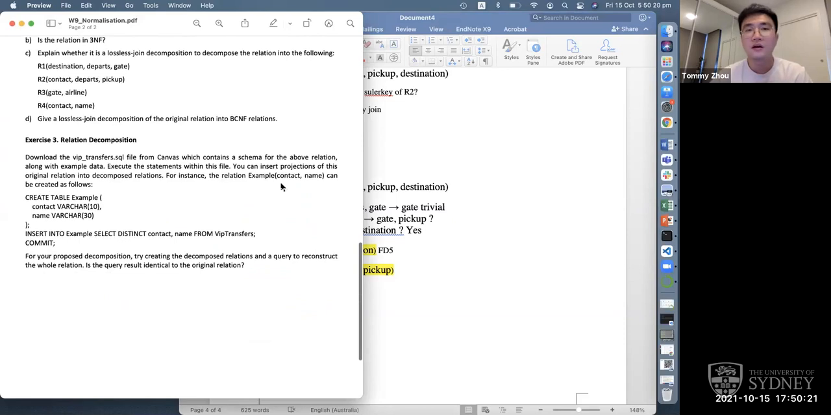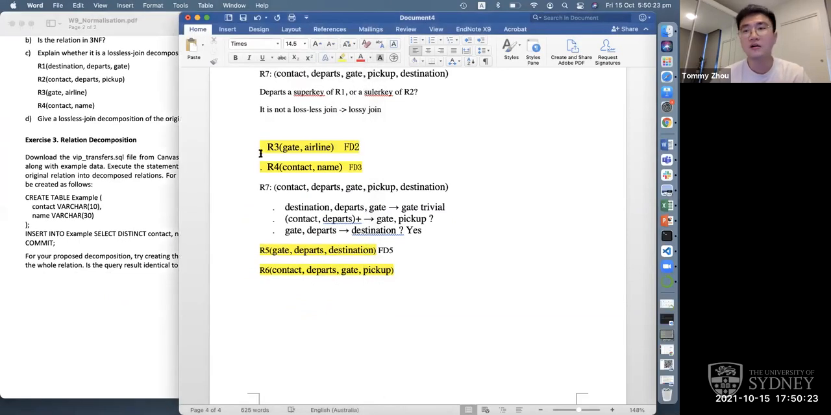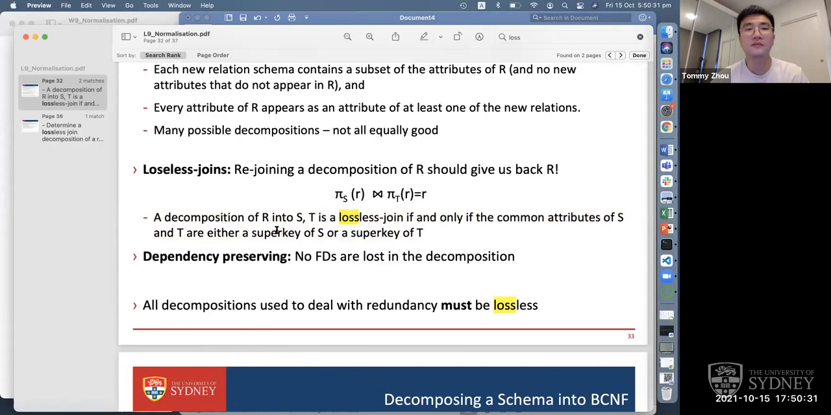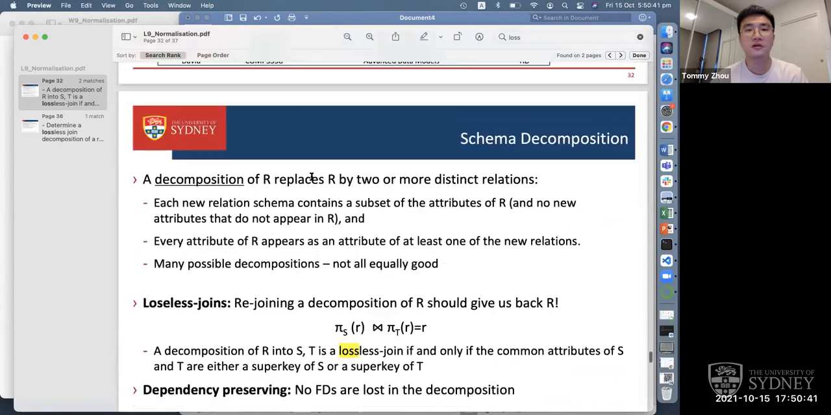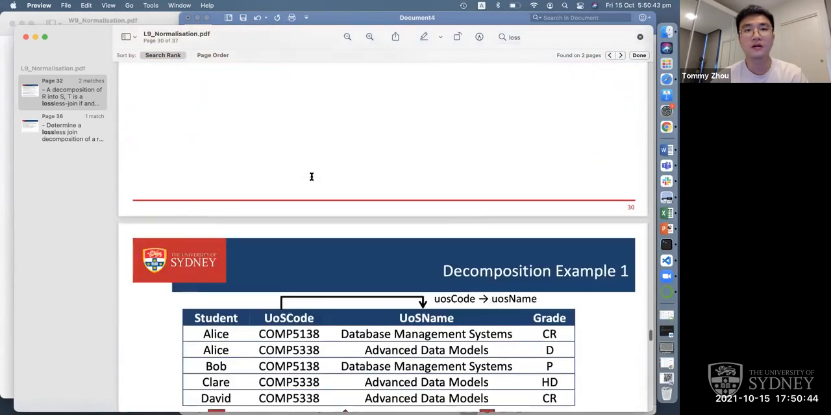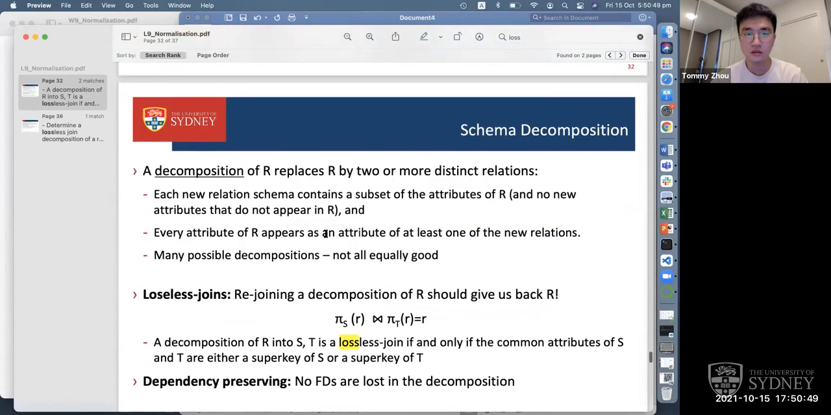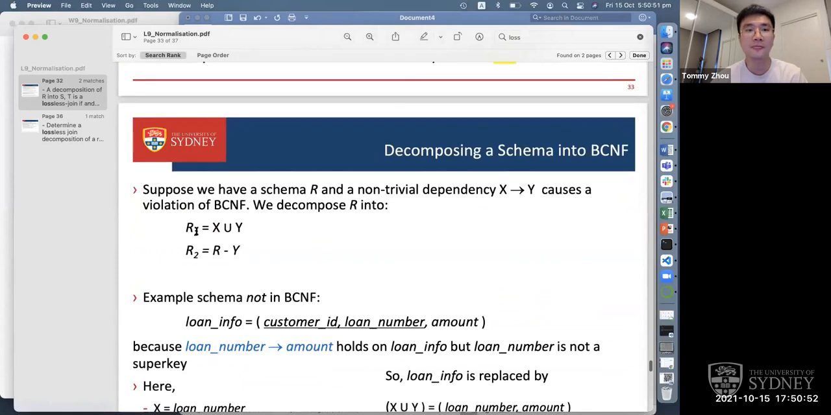All right. Hopefully no questions up to now. If you find it a little bit difficult to understand, you would also need to refer to these definitions and think about why we have this conclusion. All right. Just because we are doing the decomposition based off the definition in where is it? Yeah. So in here, suppose we have a schema R and non-trivial dependency X to Y causes the violation of